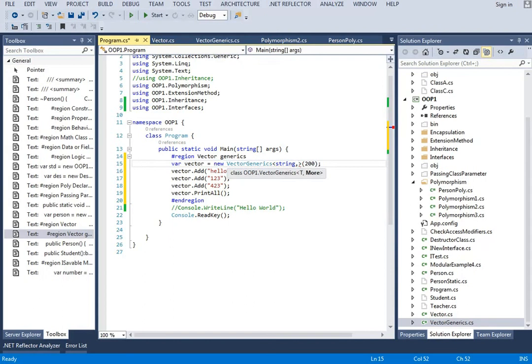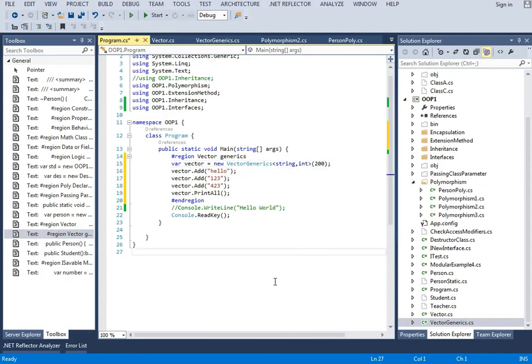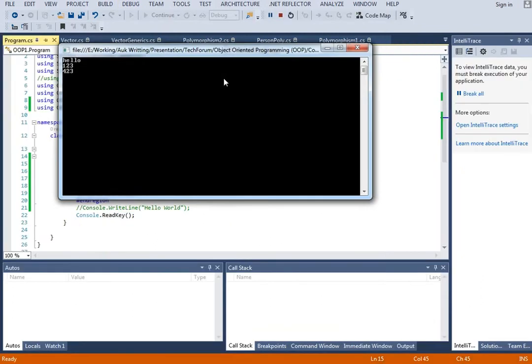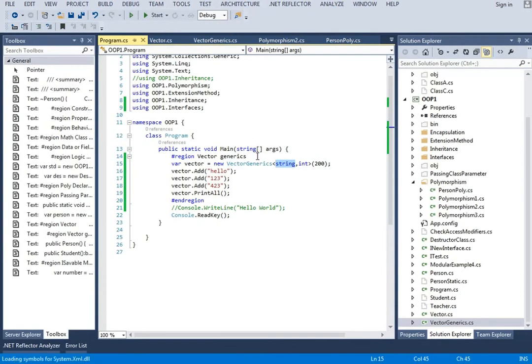As you can see, when I comma, I will see the parameter name and I will see that int. It's actually nothing, but let's say it's int. It is not going to be used in the application, but to make you understand, I just gave two names in the templates. So if you have two names or more than one name, you could use it. So here I'm adding the string because I'm taking the string template. If I take the floating template, then I could do it with floating numbers as well. So if I print it, run it, it just prints the things that I put in the list. That's it. That's simple. So let's go get over to the code slides, and